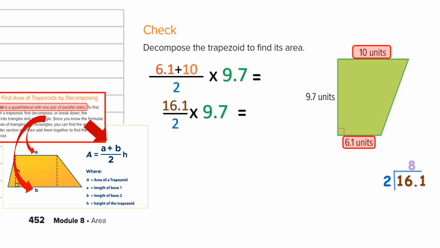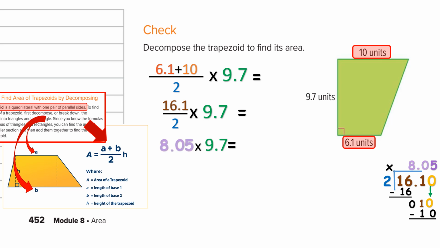16.1 divided by 2, well, 2 goes into 16 8 times, and that gives me 16. And then I have a decimal that I need to bring up, and I bring down my 1. However, 2 won't go into 1, but since it's holding a place value, I have to ask how many times will 2 go into 1, and that answer is 0. Then I add a 0 and bring it down. And then 2 goes into 10, 5 times. That gives me 10 as 0 remainder,